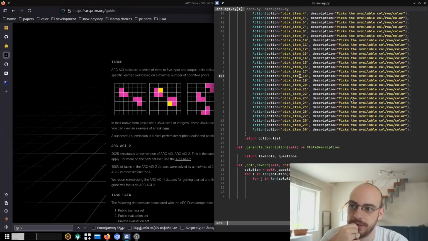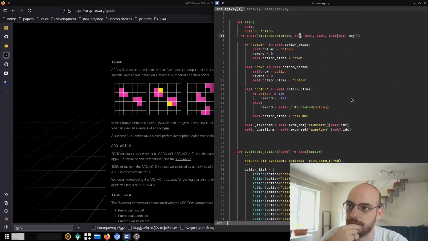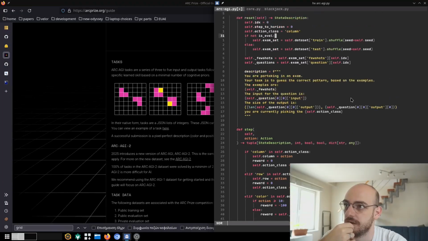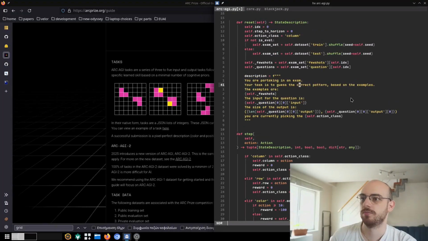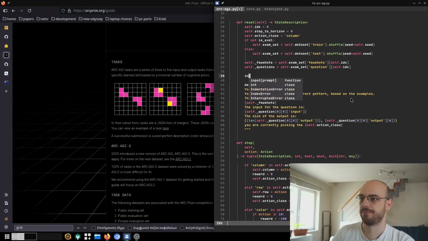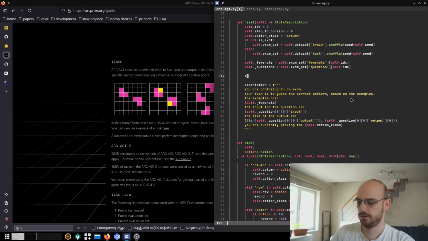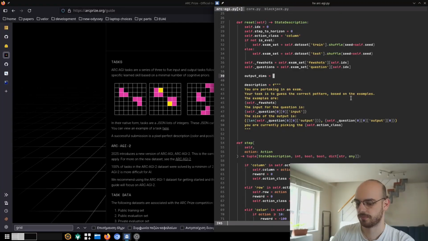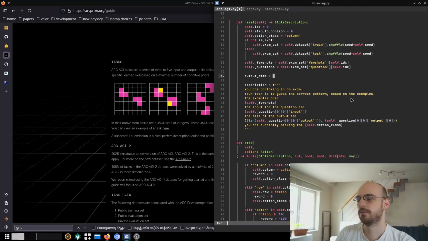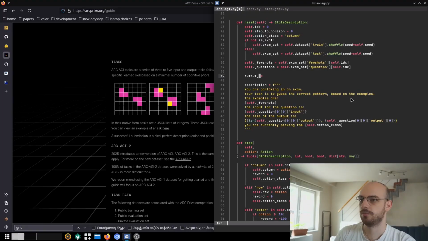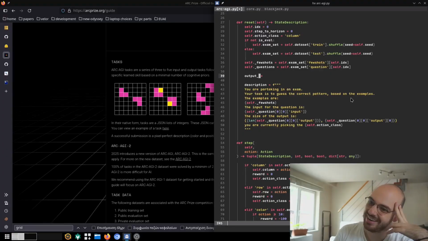Okay, so we need to build our own empty grid of solutions to compare to. So the output beams is equal to, so output is the